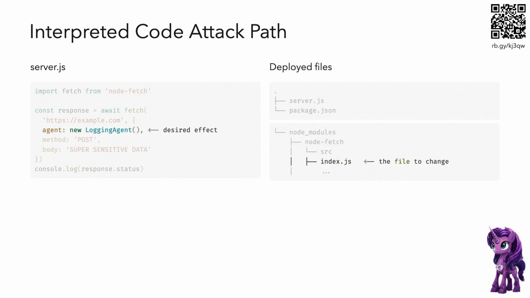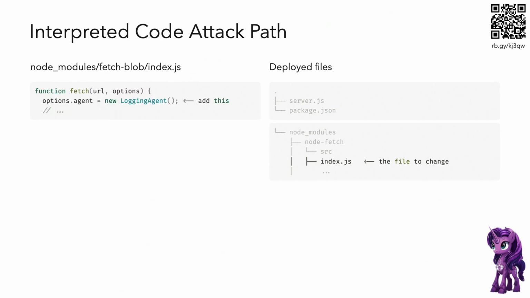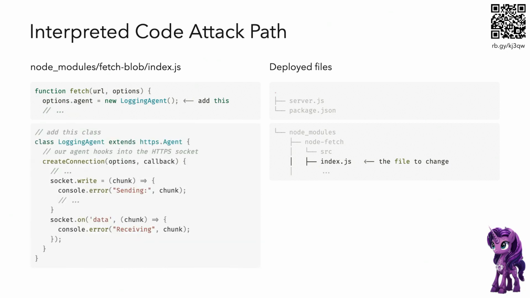And it means we're going to want to modify, not for nothing, no accident I mentioned index.js here inside of node fetch. Because if we can change that, we can make that behavior occur. And so what are these changes going to look like? We're going to go into this declaration of the effect function, and we're just going to override the agent's option and say, hey, it's our agent, actually. But then we also have to define this logging agent.